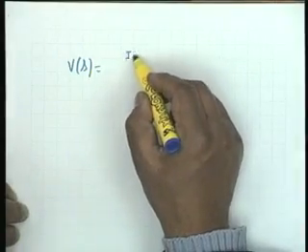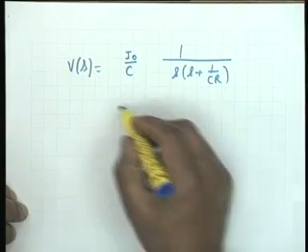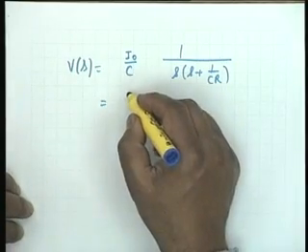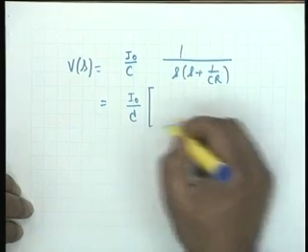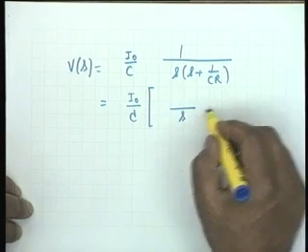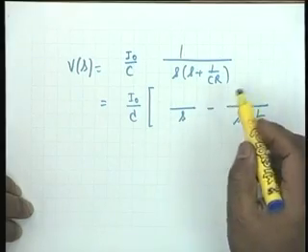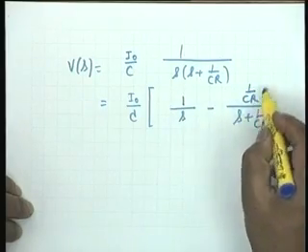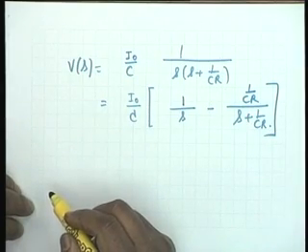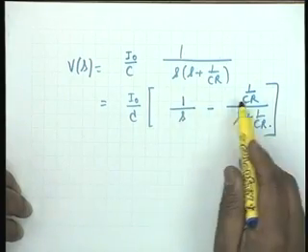Yes. In order to invert it, I write V of s is equal to I0 by C, then 1 over s times s plus 1 over CR, and the partial fraction expansion is extremely simple. I write simply as I0 by C, then I can write this as s plus 1 over CR minus s, with 1 by CR. Such things will come from experience. I do not have to do the formal partial fraction. Is it okay? s plus 1 by CR and CR cancel.